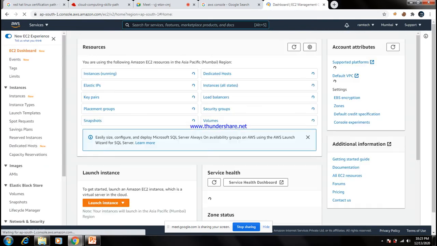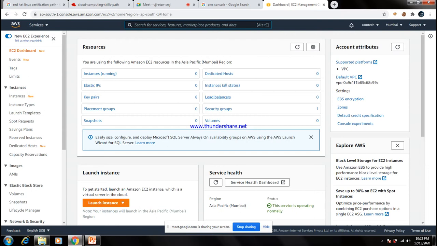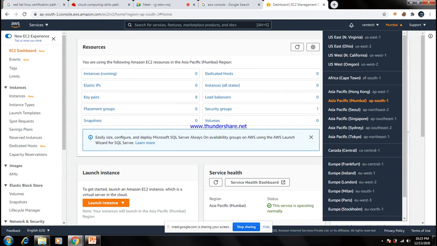So once I go to the Mumbai region, I can create an instance. Then simultaneously I can go to another region and create another instance. You may forget the instance you created in the Mumbai region, but it will keep running in the background and cost you.